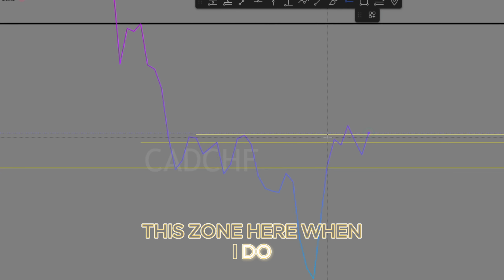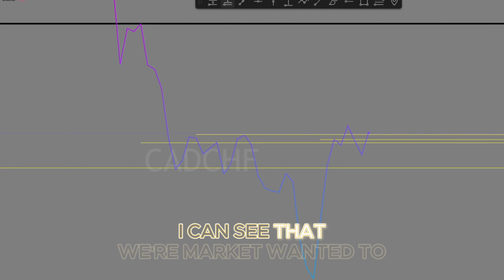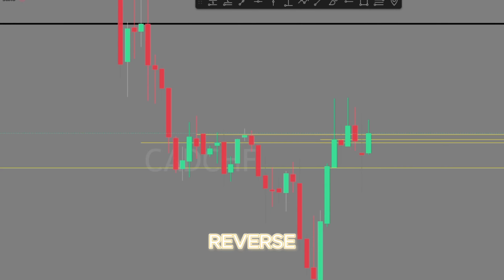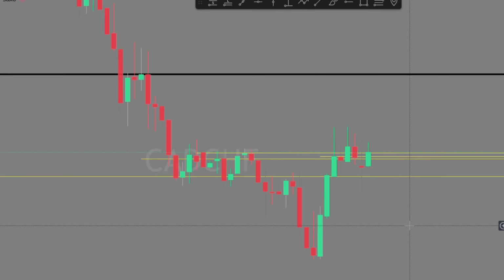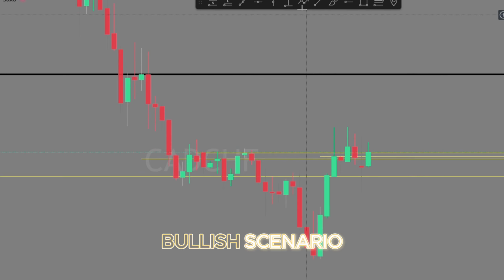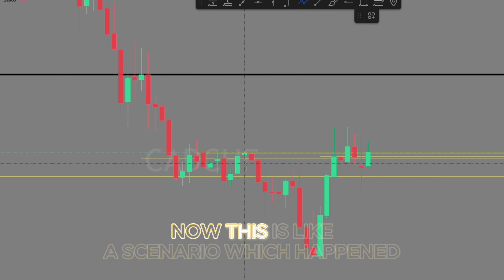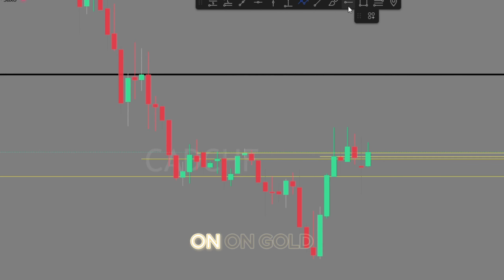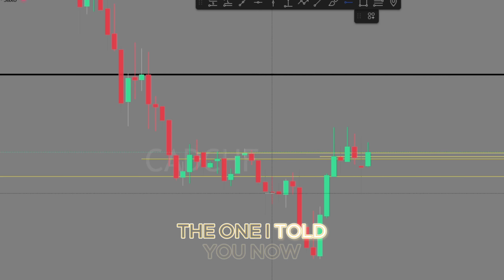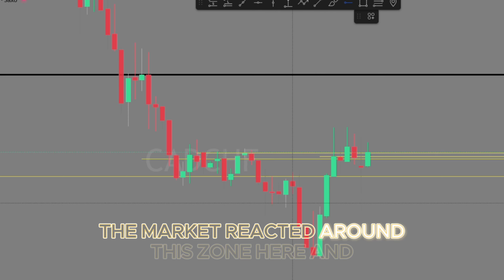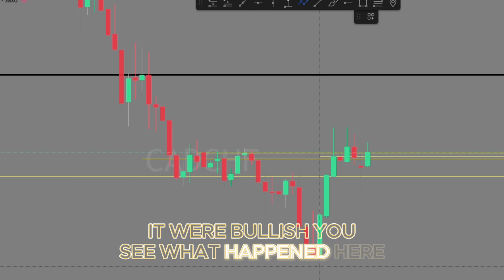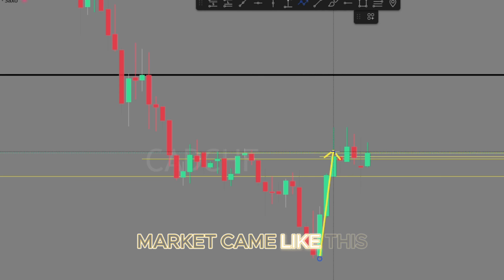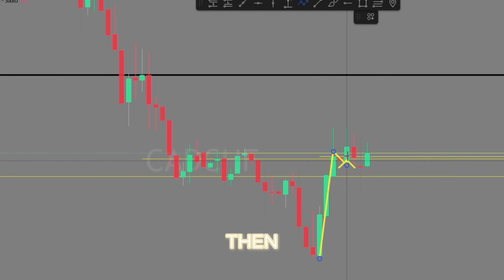Also this zone here, when I go on H1, I can see where the market wanted to reverse. You see what happened. Now it's a clear sign of a bullish scenario. The market was coming. Now this is like a scenario which happened on gold, the one I told you. The market reacted around this zone here, and also we are bullish. You see what happened here. Market came like this, then